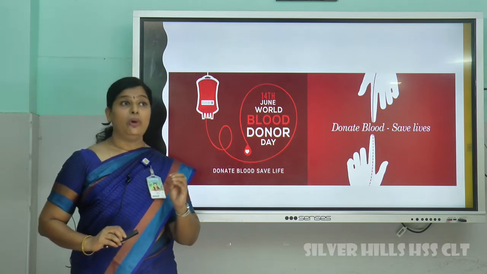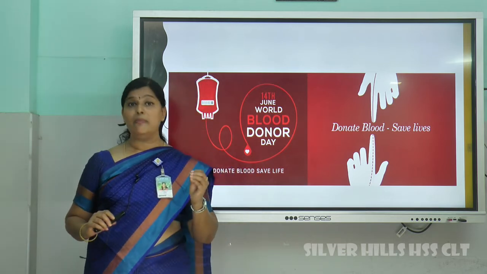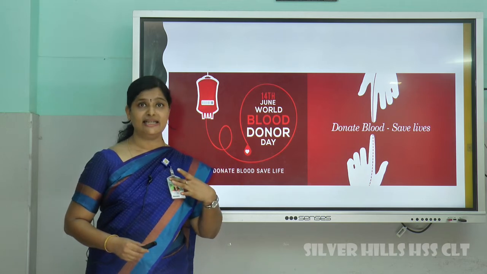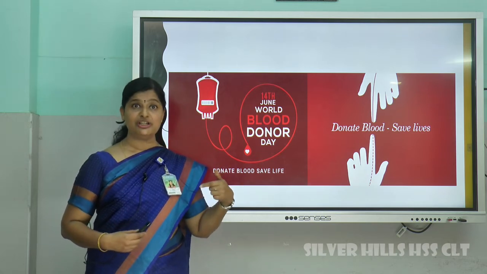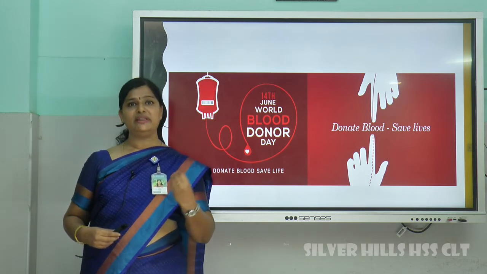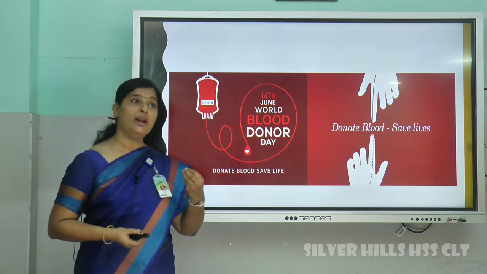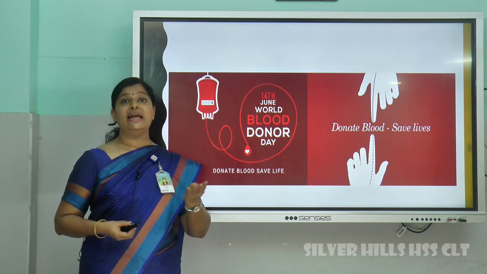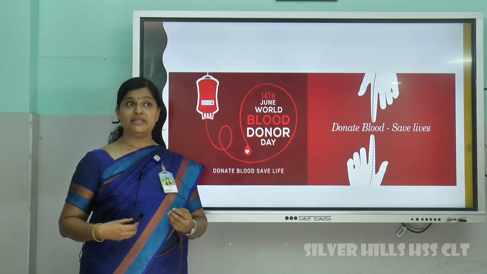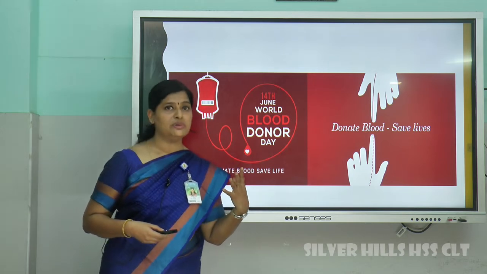For blood donation, what should we know? We should know our blood groups, isn't it? Blood groups are like our identity. In the identity card, your blood group is mentioned. Why? Because if we meet with an accident and we are in need of blood, if our blood group is known, immediately blood can be taken, accepted, isn't it? I'm sure you all know your blood groups, okay?